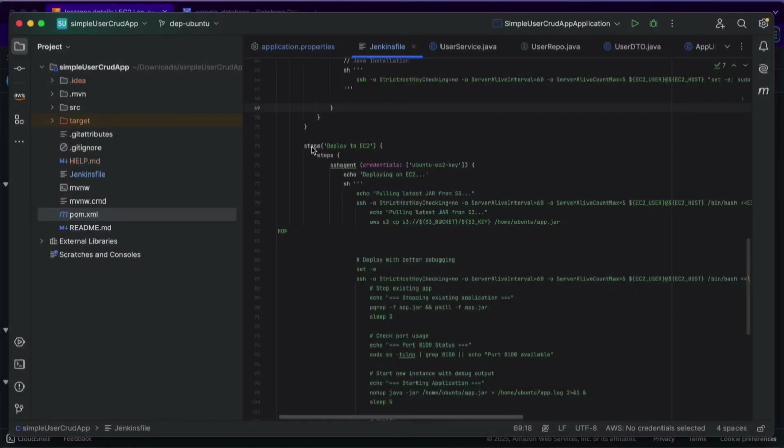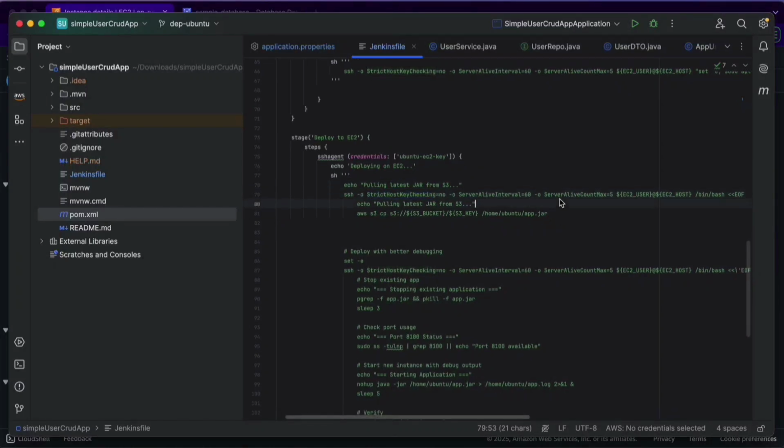Then here we are simply deploying to EC2. Our application jar we have to pull from the S3 bucket, and we have to run that. We are again doing the SSH login from this script. Before that we are pulling the latest jar from S3. Okay, we are again doing the SSH connection here,